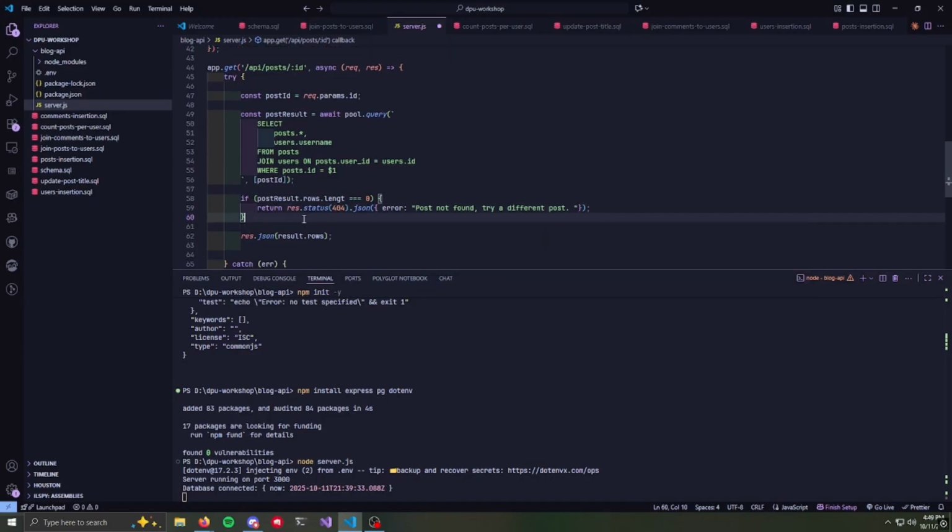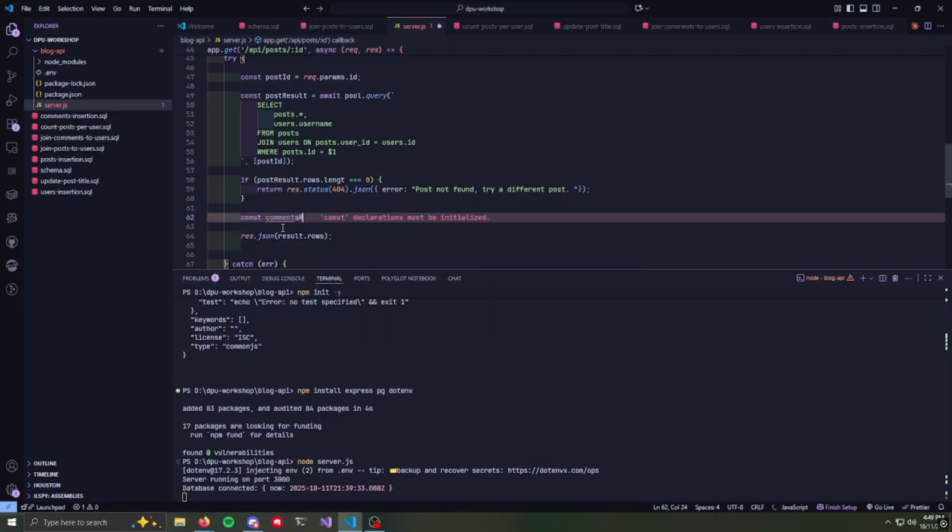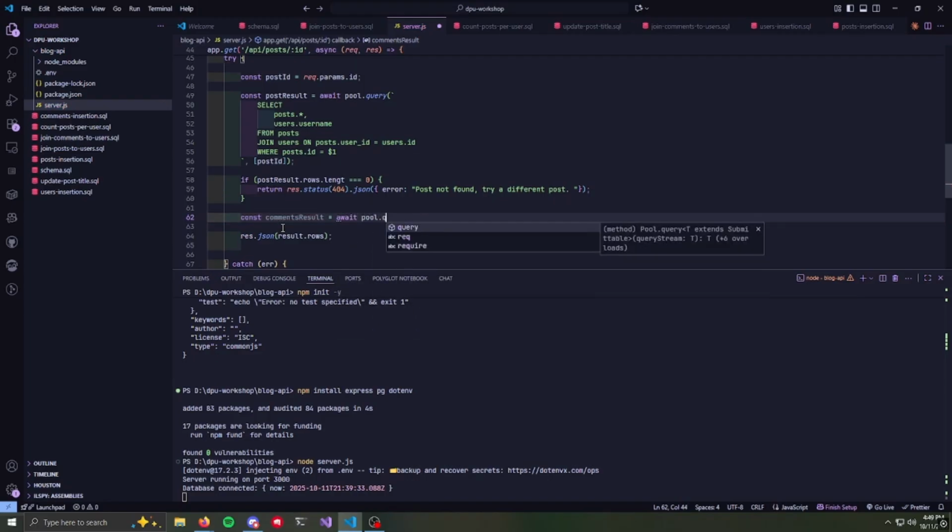Okay, so now, and again, I talked about this earlier, this is going to be the entire content of a post. So just looking at this isn't enough. So let's create a second const variable where we get the comment. So const commentsResult equals await pool.query